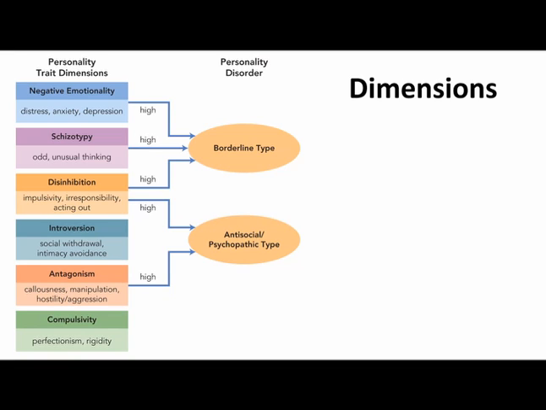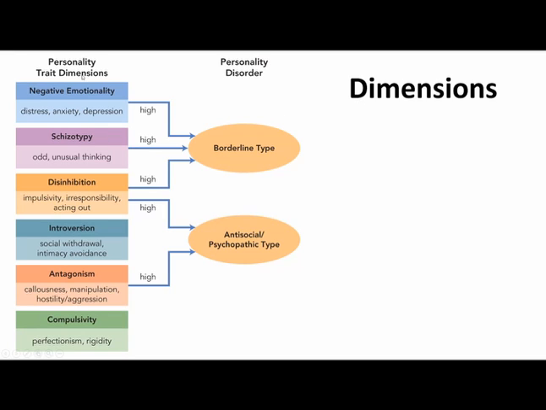And this is the part where the DSM-5 really shines, because this is sort of our broad category, but we can also look at the intensity, so how high is high for these scores, to give us a better idea of what that individual is experiencing. So not everyone who falls under the broad diagnosis of borderline type is going to have exactly the same behaviors, which we can capture with that dimensionality of the DSM-5.